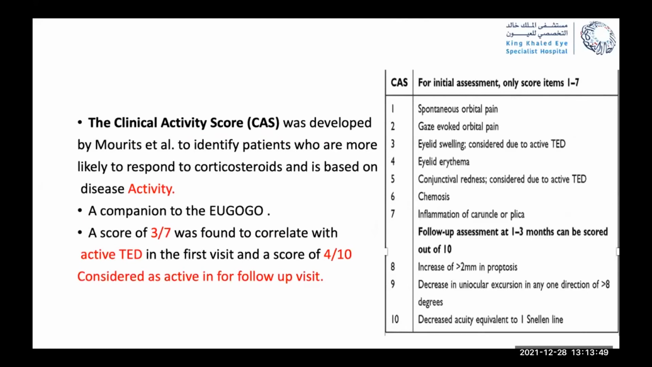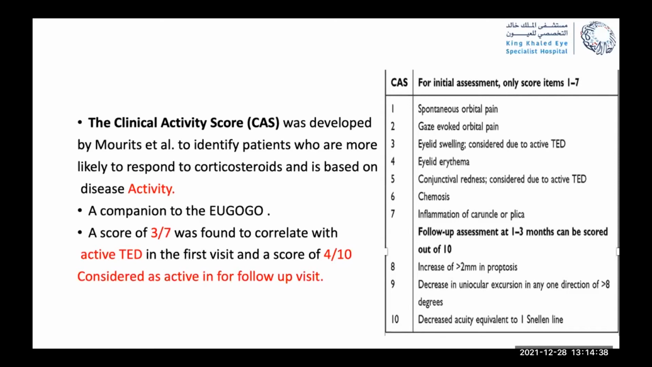This is one of the most commonly used and important classifications to identify the activity of the disease. It was developed by Mourits et al. to identify patients who are more likely to respond to corticosteroids and is based on disease activity. As you can see here in this figure, the first 7 elements are used for initial assessment: pain with eye movement, pain with gaze, eyelid swelling, eyelid erythema, conjunctival redness, conjunctival chemosis, and inflammation and swelling of the caruncle. Three out of these 7 elements were found to correlate with active thyroid eye disease